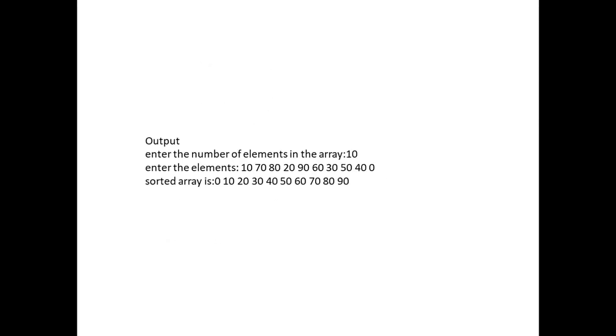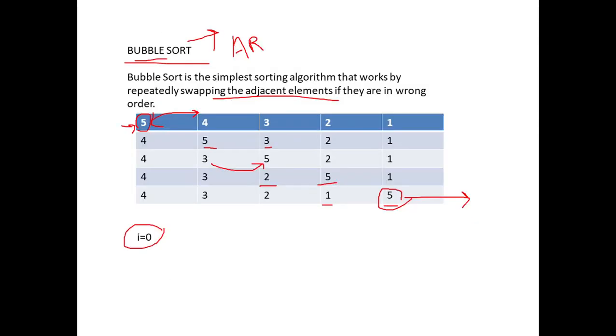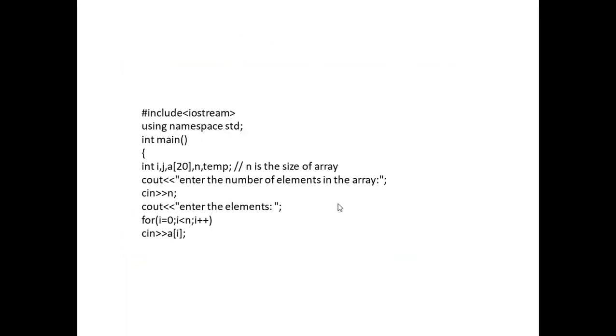So this is the first thing, that is for i equal to 0, i less than n minus 1, i plus plus. For j equal to 0, why do we take this j loop? Because the j loop means we have to arrange the things. That means the first value is taken and we have to swap it, right? And within i equal to 0, this is the outer loop. We have to swap this 5 multiple times. For that we have to take the j loop, okay?